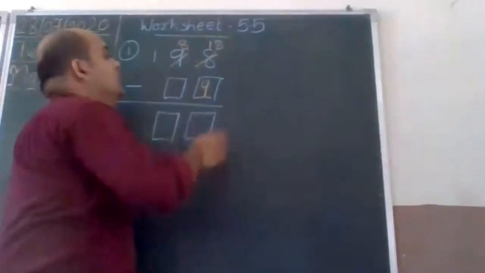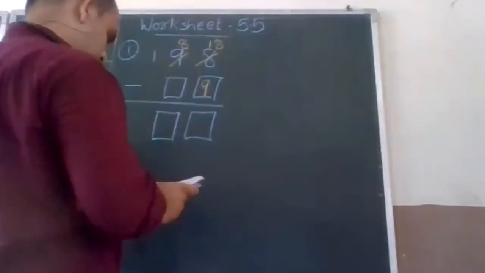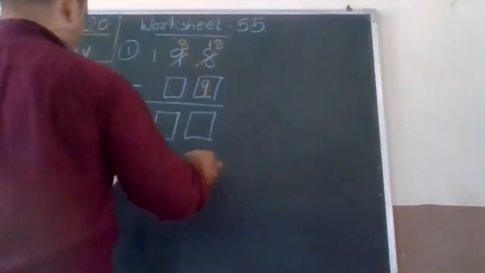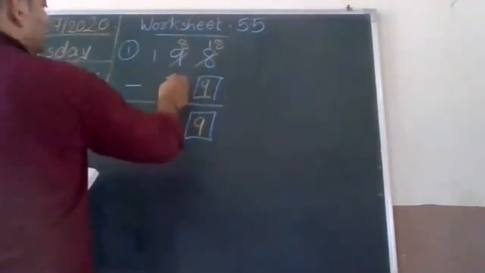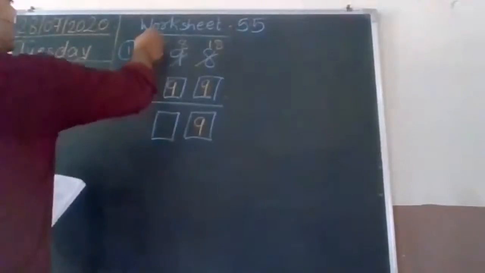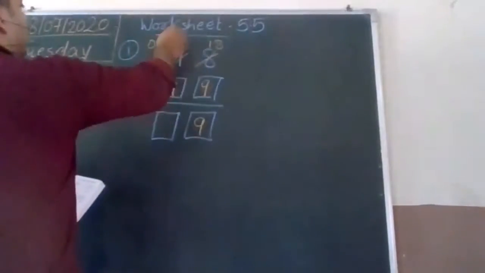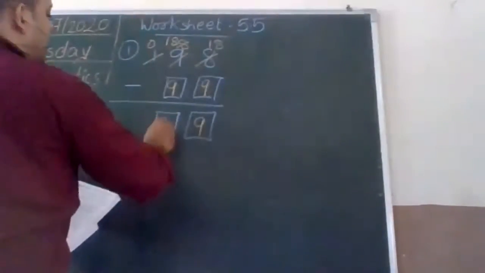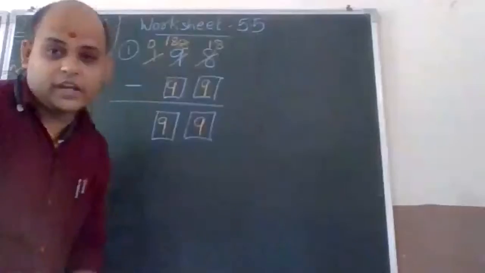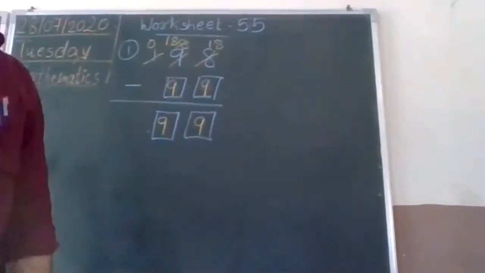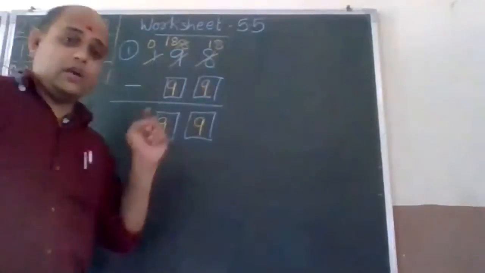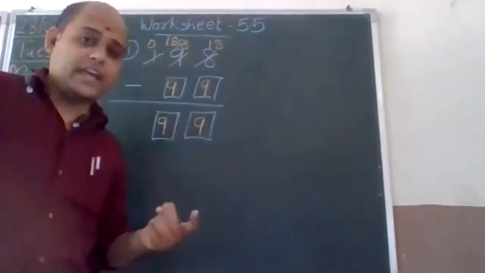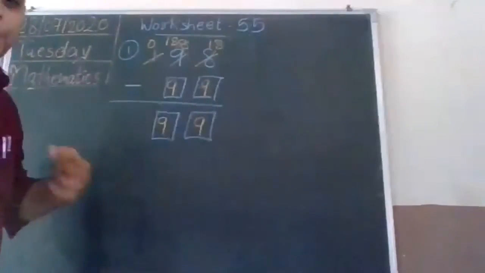18 minus, here also it will be 9. So this becomes 18. 18 minus 9 is 9. Yes, this is how we solve. All the digits are going to be same, right? Now you should be very careful. How did we guess that? We try, we keep on trying.